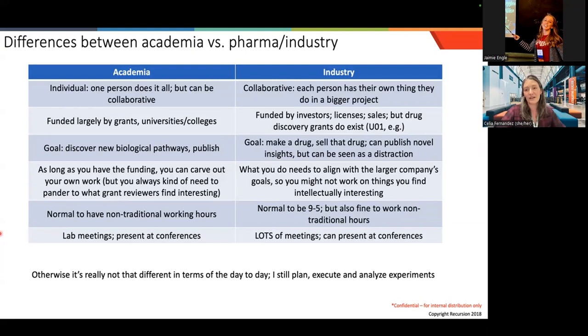Before I had found Recursion, when I was still at the MDC, we had gone through this exercise of trying to identify new drug targets that we could work on. We were a small group of 10 people, and we each chose 4 different targets. We read through the literature and each chose our favorite 4 genes. Then for each gene, we made a slide and said, okay, what is the gene?